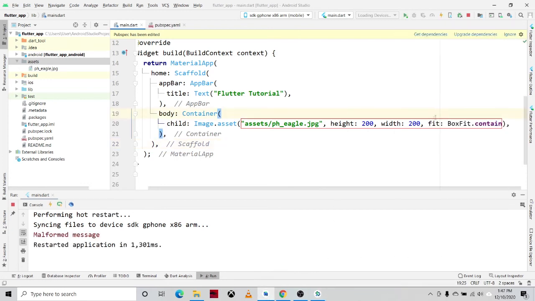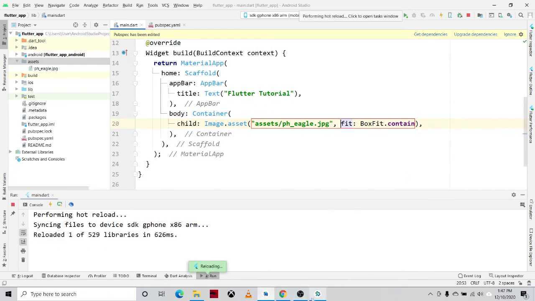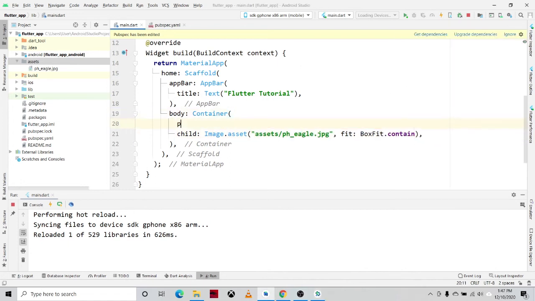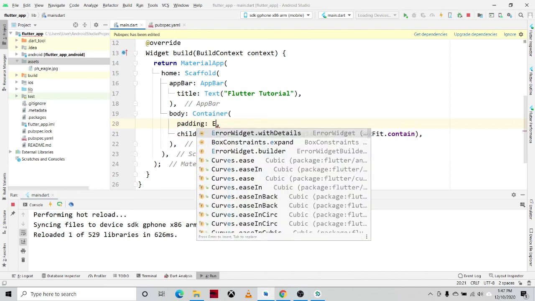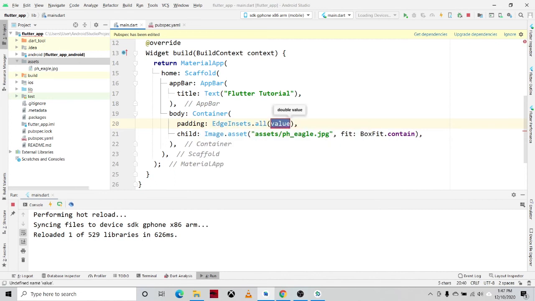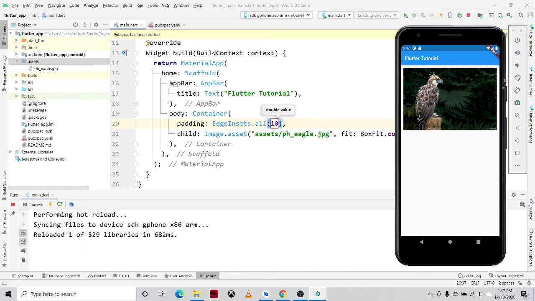To check the output of this, you need to remove the height and width of the image. Okay, so it automatically fills the width of the screen or the container. You can also add a padding here, EdgeInsets.all, and specify the value, for example 10. Okay, so there is a padding outside of the image.